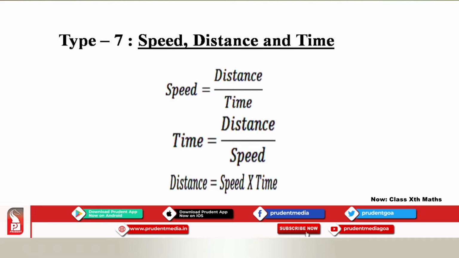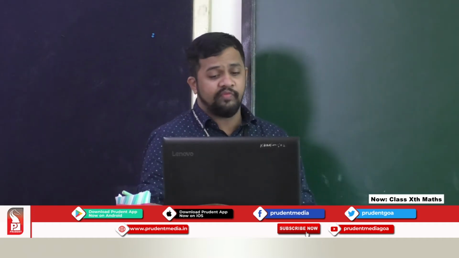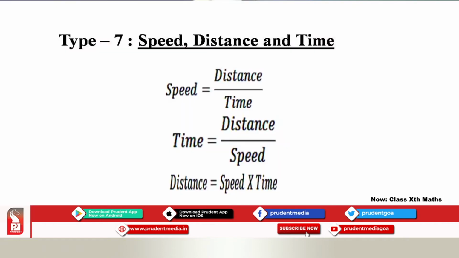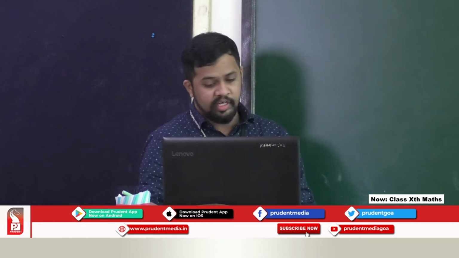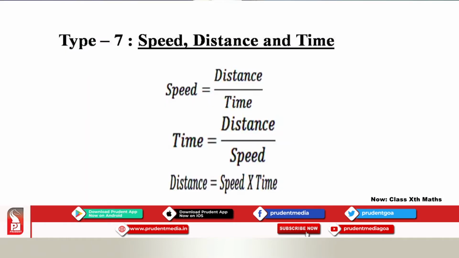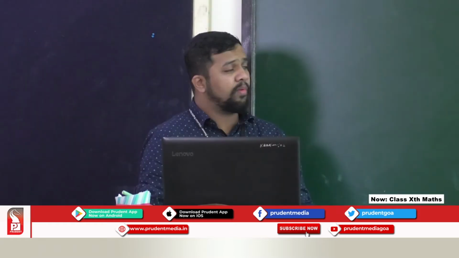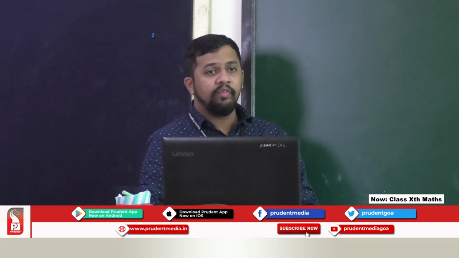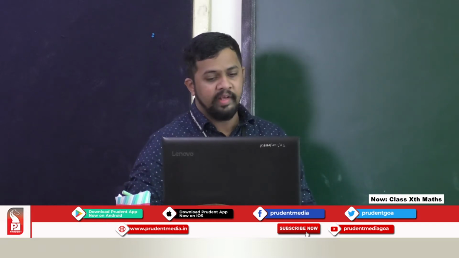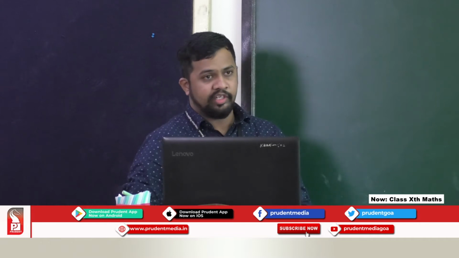We all know the definition of speed, distance and time, and we know the formula of speed, distance and time. So the speed formula is distance upon time. If I rearrange this formula in terms of time, I will get distance by speed. If I have a formula based on the distance, it will be speed multiplied by time. So these formulas are all familiar to you. Today we will be solving problems based on these, how they are related in mathematics, using speed, time and distance.